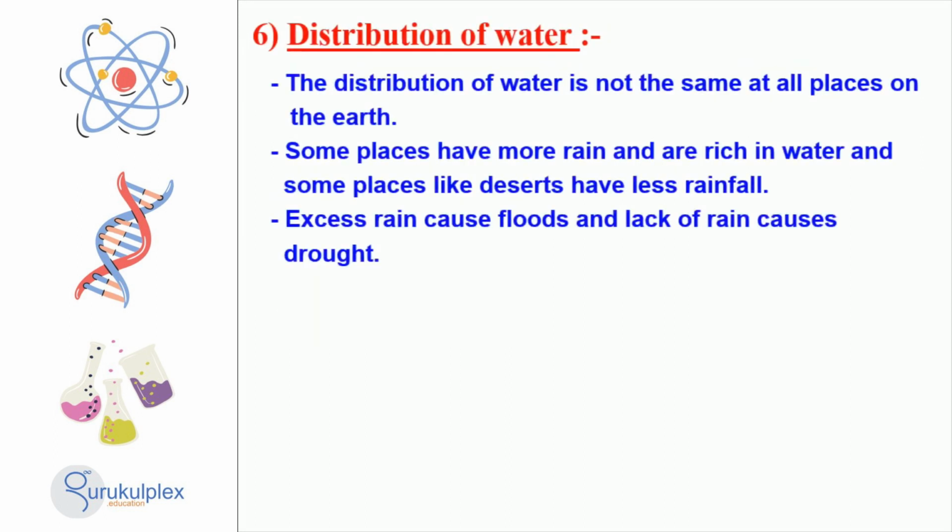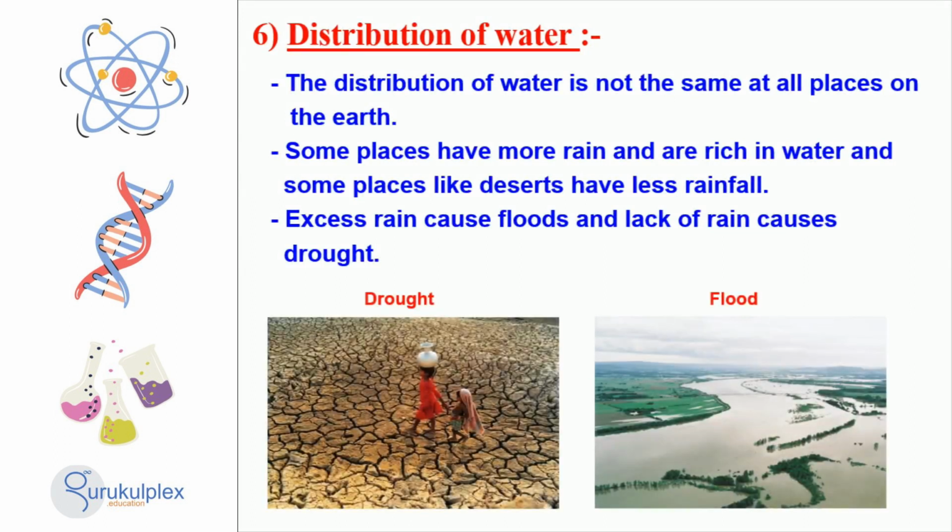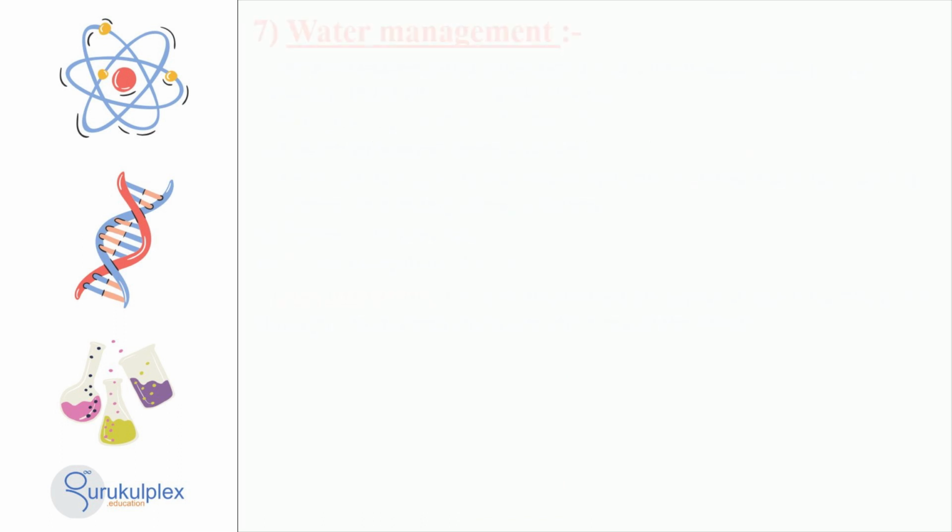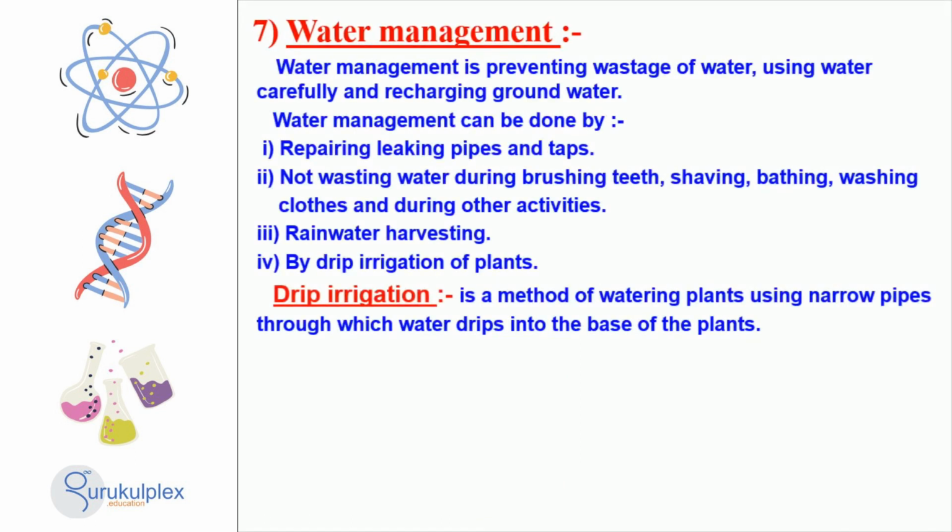Considering the differences in water distribution across the world is essential to properly manage our water sources. Our sixth point speaks of this, noting that in some areas there is an abundance of rainfall while in others, such as deserts, it is quite scarce. Too much rain can result in floods, as is evidenced in the case study presented, while too little can lead to drought. Water management is integral for the health of our planet and its inhabitants.